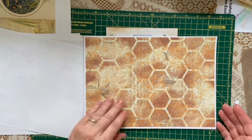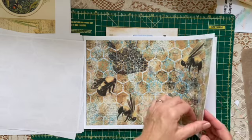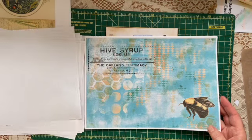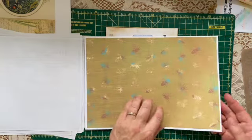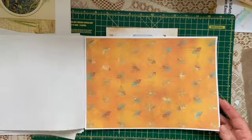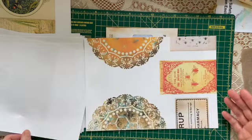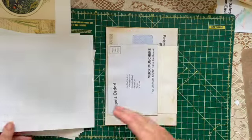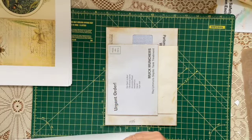Now I'm not sure if they are all full kits or if they are just a selection of each of those kits all bundled together, but I'll try and find a link to just this, and if I can't find that, I'll find a link for what I actually purchased. And you'll see some of these are printed oddly because when I was printing them out, I wasn't getting it quite right at that time. So I've got those two printed out, so I thought they would probably work together